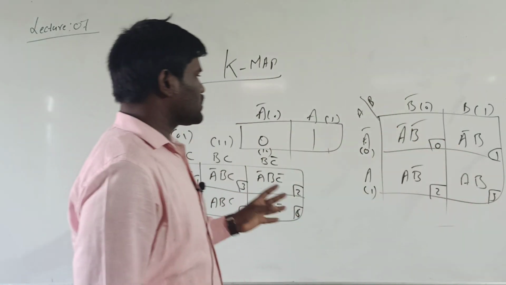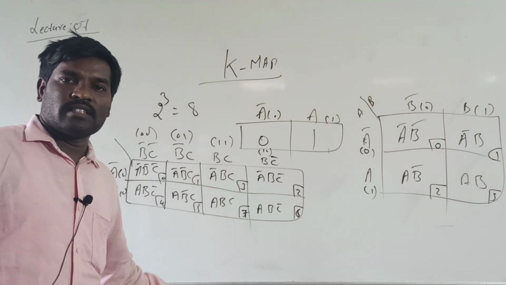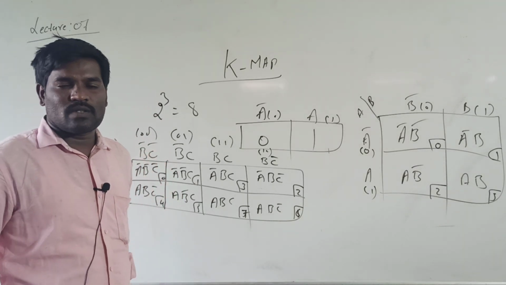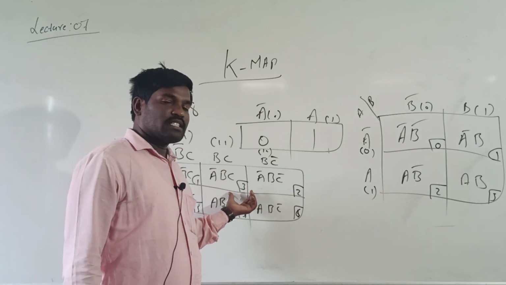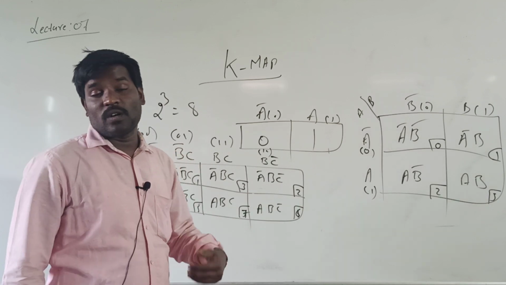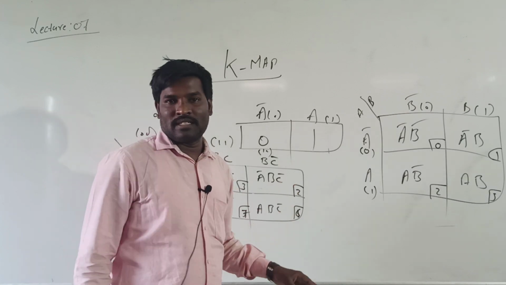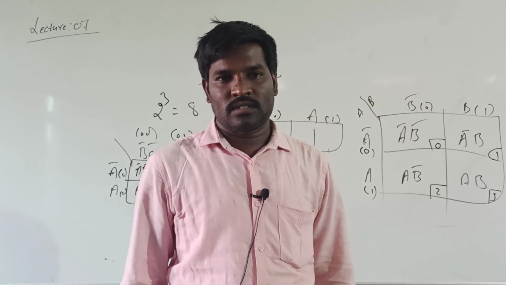These are very important. One more thing: the 5 marks question is compulsory in the final exam. It may be a 3 variable K-map or a 4 variable K-map, but sometimes they ask for 2 marks: write the general K-map for 3 variable, 2 variable or 4 variable. So this is about the K-map basics. In the next class we will discuss the 4 variable K-map and solve the problems. Okay, thank you.